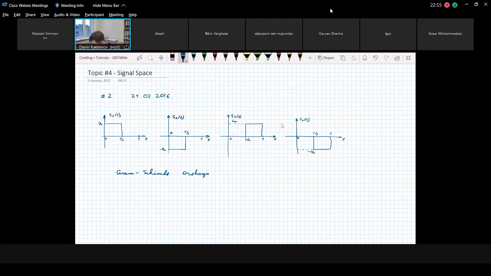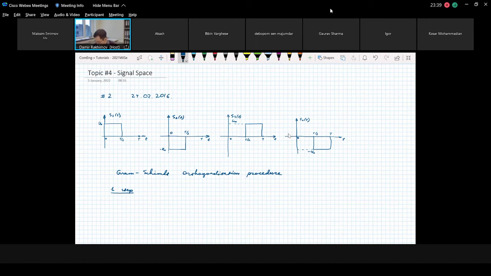And we start with the Gram-Schmidt orthogonalization procedure. So we have multiple steps, and I will show how it works in all details for this example. So let's assume we have a set of signals as we have in this task. For the Gram-Schmidt orthogonalization procedure, we perform multiple steps. In the end, we get an orthonormal basis, and always we start assuming that our first basis function is the same